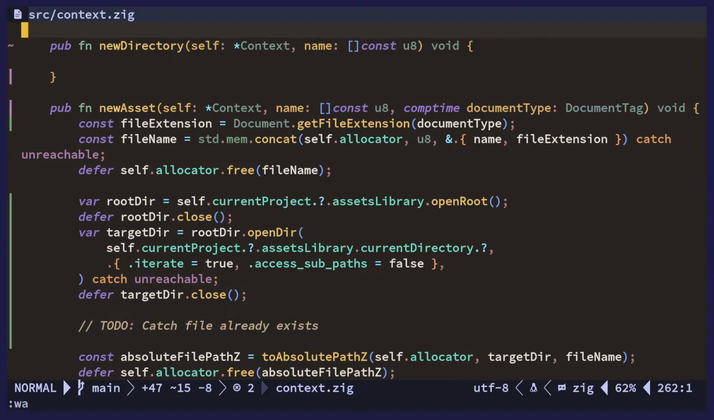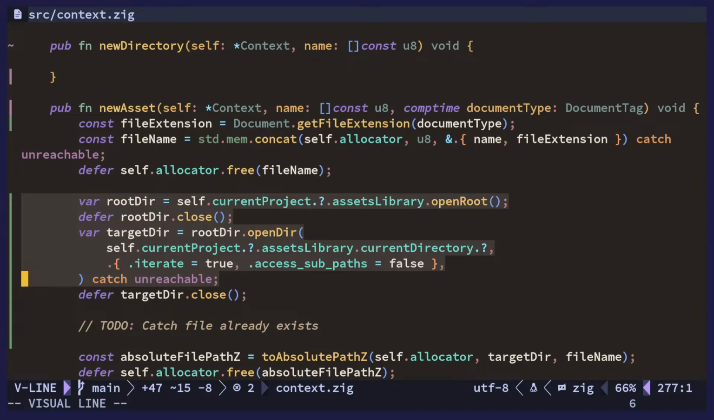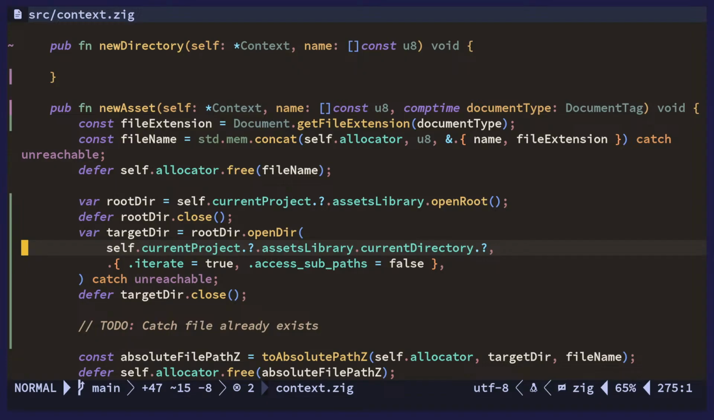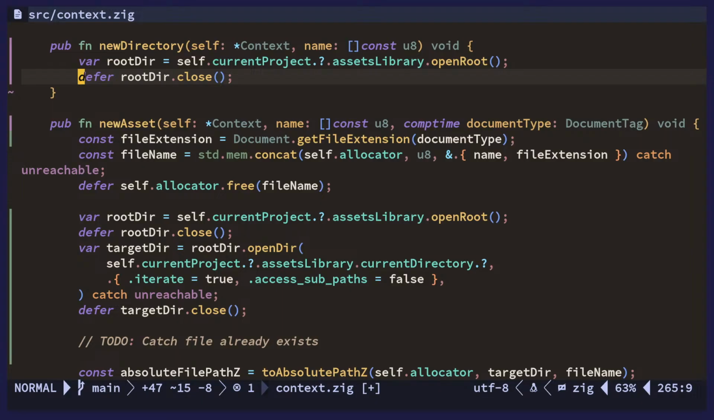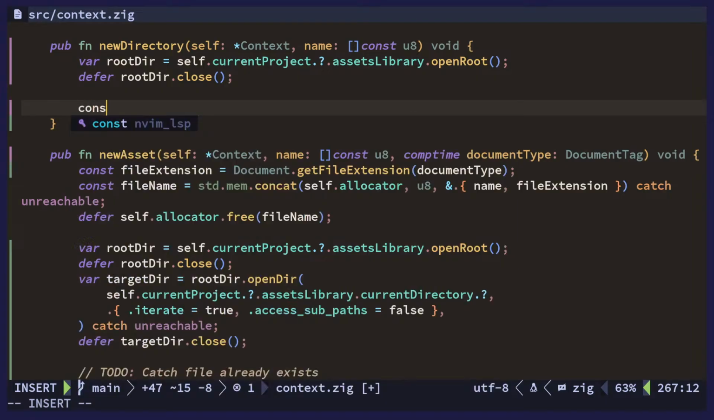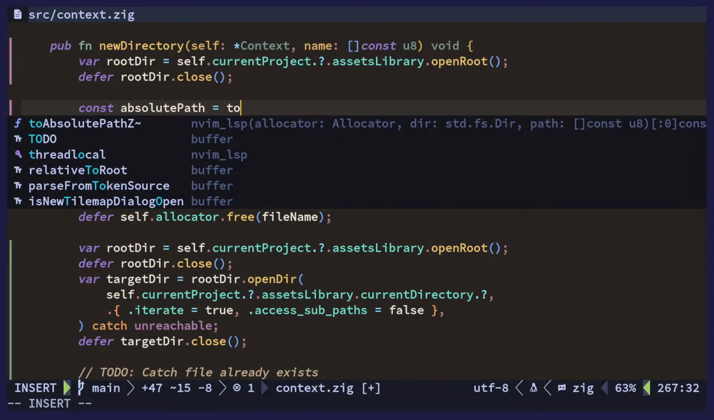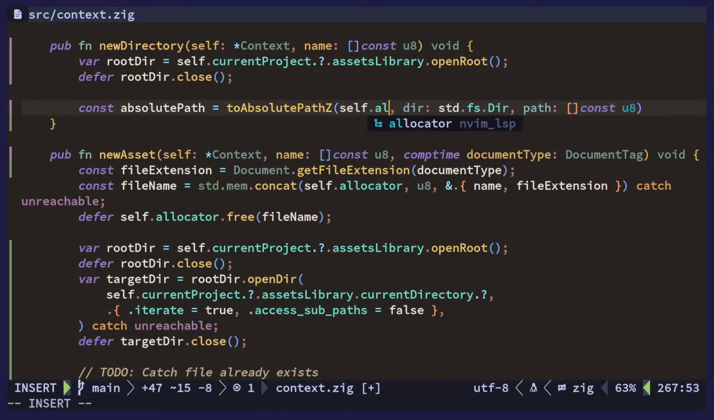Right. Okay, so now new directory. Now what do we need to make a new directory? We need to make the path. So I think the only thing we need to do is open the root here, I think, and then we want the absolute path. And the directory is going to be the root directory. The path,